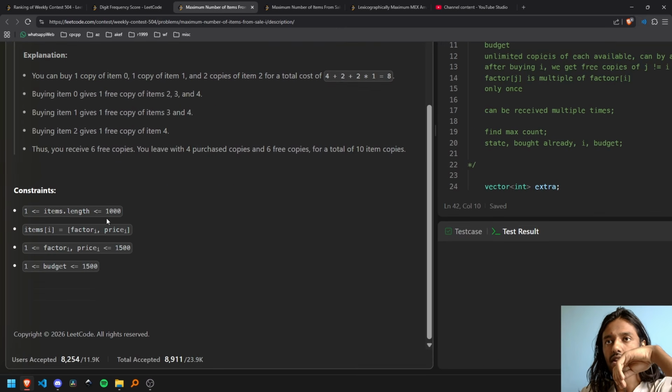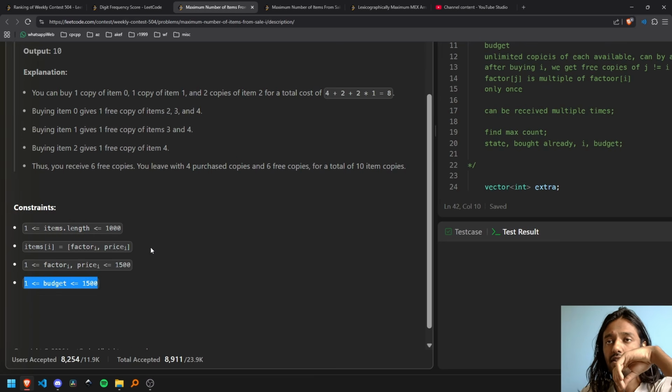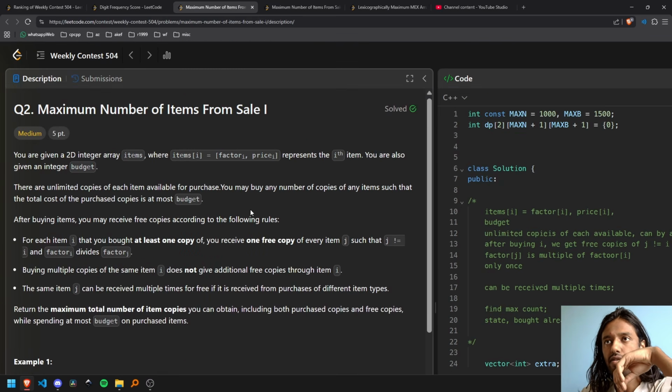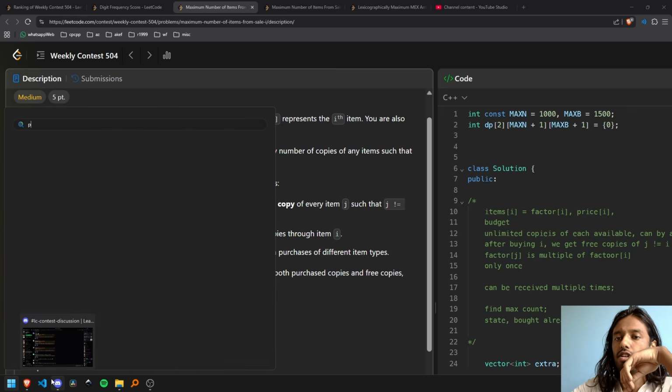And the most important thing here were the constraints: the length of the items is less than or equal to 1000, the budget is less than or equal to 1500, right? So basically, we can do some sort of knapsack here on this n cross budget, but how do we handle the free items thing? So what I did was,